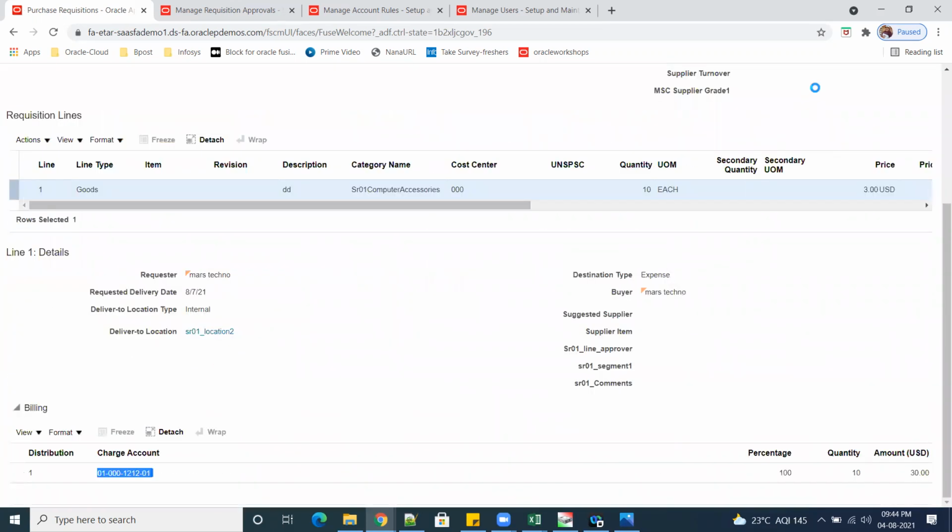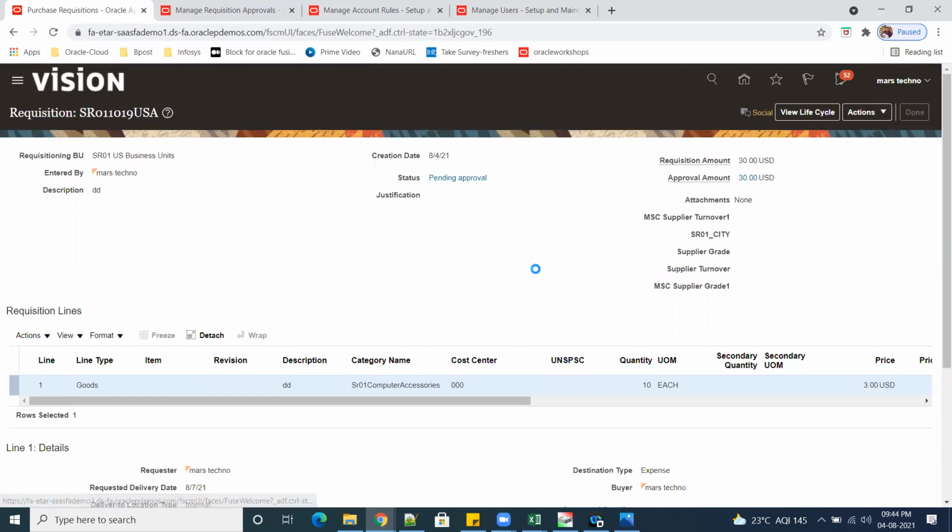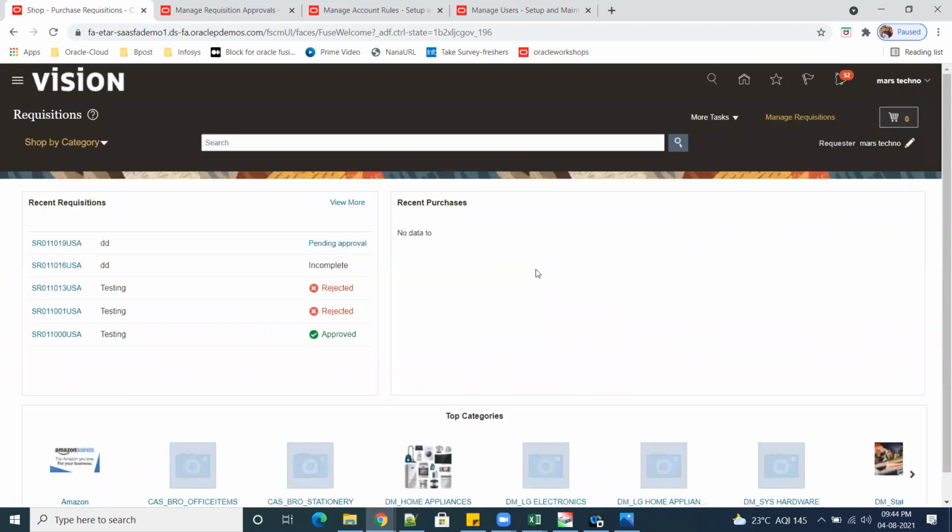Okay, so this is a simple thing we did. Tomorrow we'll see a little bit more on how to do that. We have 2 to 3 combinations, so where will the system pull from? If it is inventory, if you select sub inventory wise, and you want to bring some separate account, that also we'll see. Then if you convert the PR to PO, how the PO accounts will be handled from the PR.